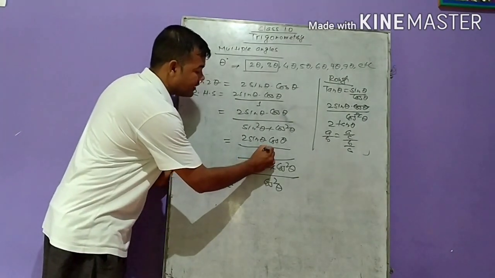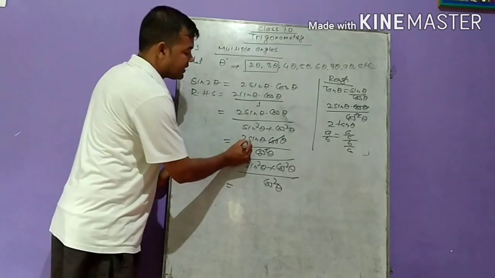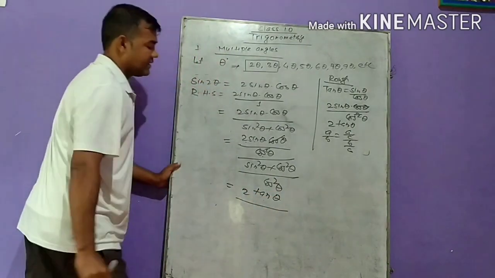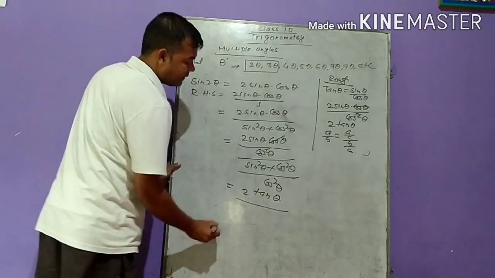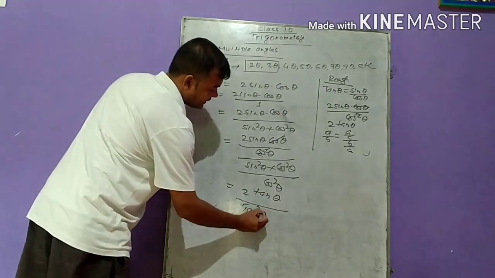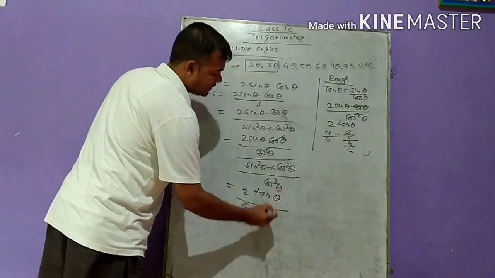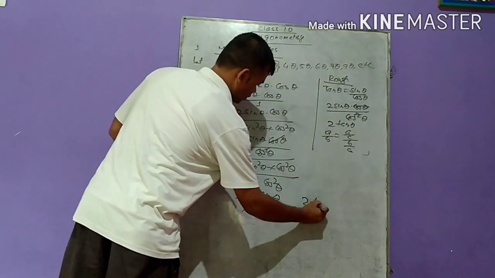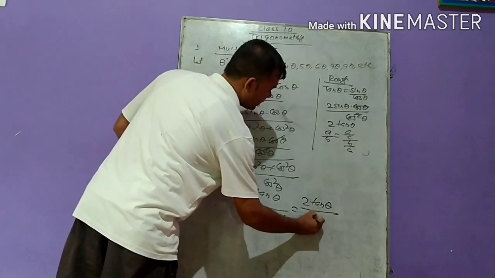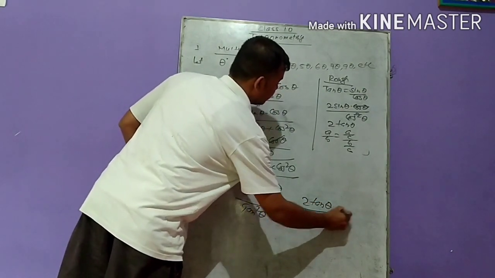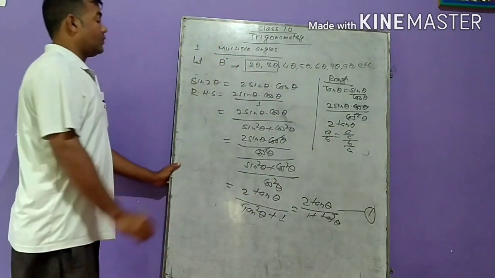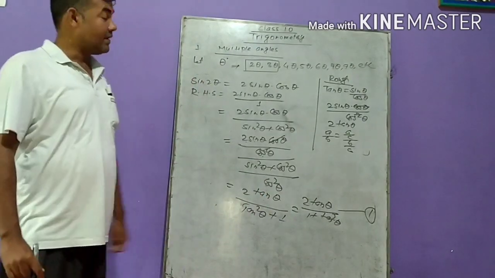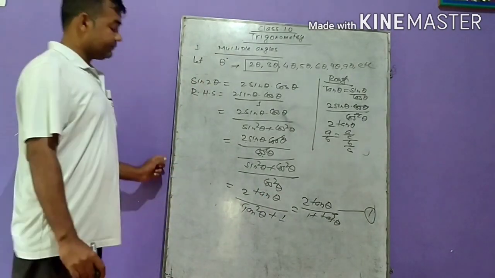So what can we write here? Cos square and this cos will be cancelled out. 2 sin theta by cos theta means 2 tan theta, and in the same way sin square theta by cos square theta means tan square theta, and cos square theta by cos square theta means 1. So what result have we got? 2 tan theta upon 1 plus tan square theta. This is also one of our formulas of sin 2 theta. This identity is taken as a formula. I hope you are getting me properly.